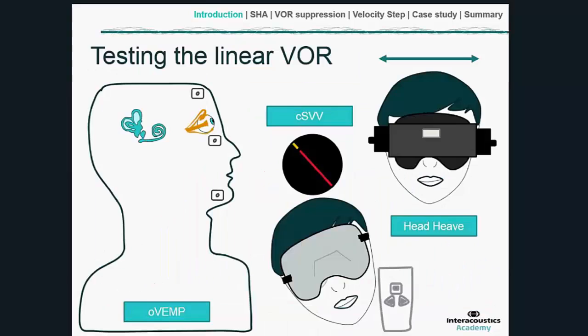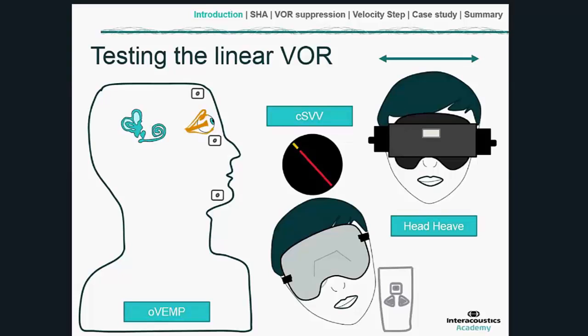Now, just as a brief aside, because I just wondered if it may have crossed your minds as to what tests we have that look at the linear VOR. And so we have on the left here, we have the oVEMP. So this is sound which is introduced to the inner ear, and it causes a deflection of the otolith organs, the utricle and the saccule, and we can measure muscle twitches electrophysiologically from the extraocular muscles that drive the VOR or underlie the VOR. So we can test the linear VOR that way. We have